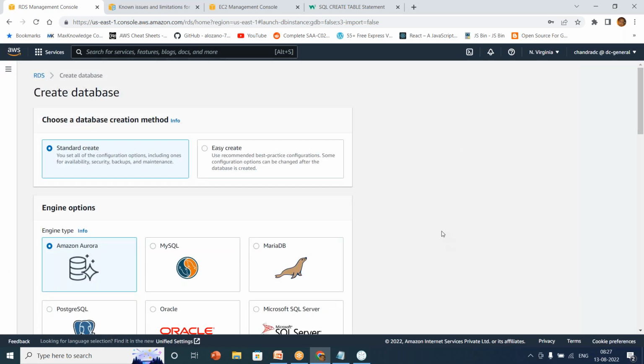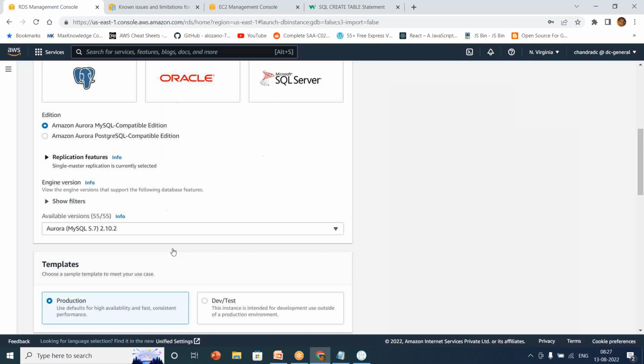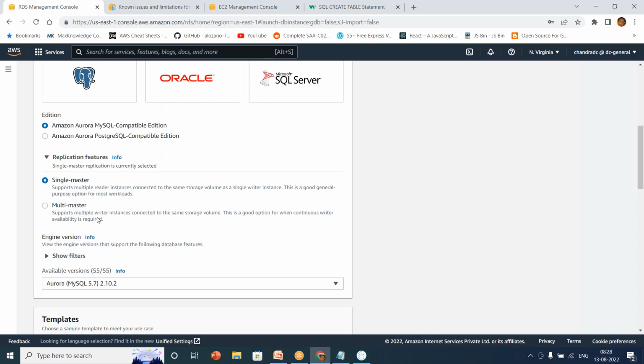So that's a proprietary database. Let's go and see what options we have. Aurora, as I told you, supports only MySQL and PostgreSQL. You can go to the replication feature, whether you want a single master or a multi-master. You can have multi-master also. When you select single master, you get a single master and you get 15 read replicas if you create